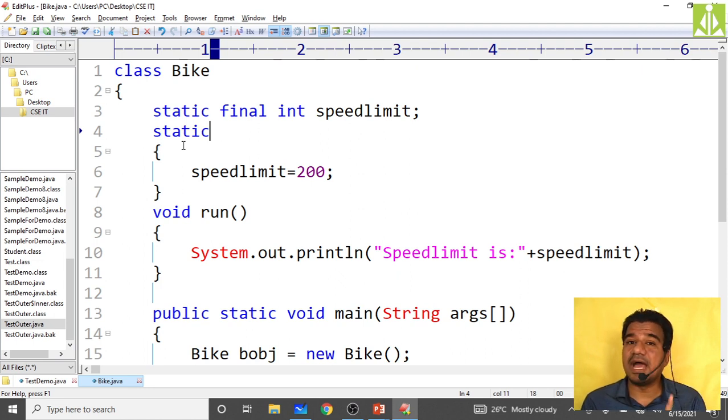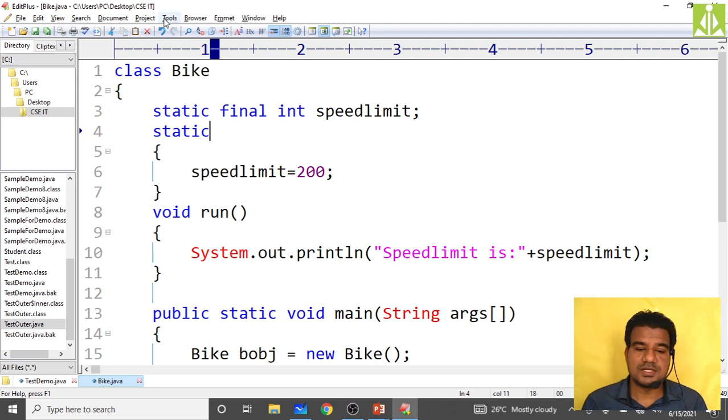If it is an uninitialized static final variable, you can do the initialization from the static block only. Even the constructor will not let you do so. But if it is a non-static final uninitialized variable, then you can do the initialization of such a variable from the constructor only. Remember this one.